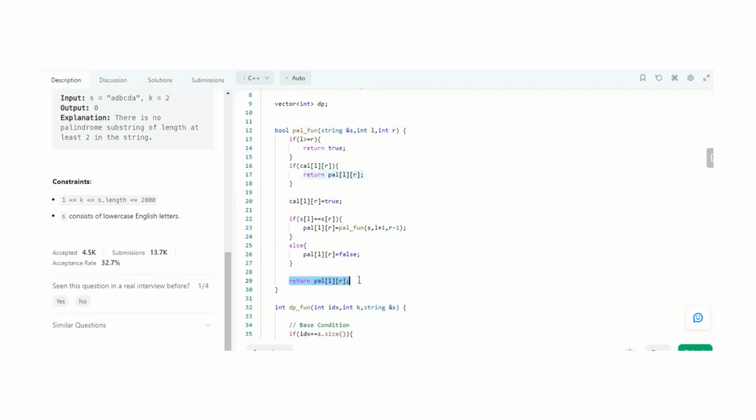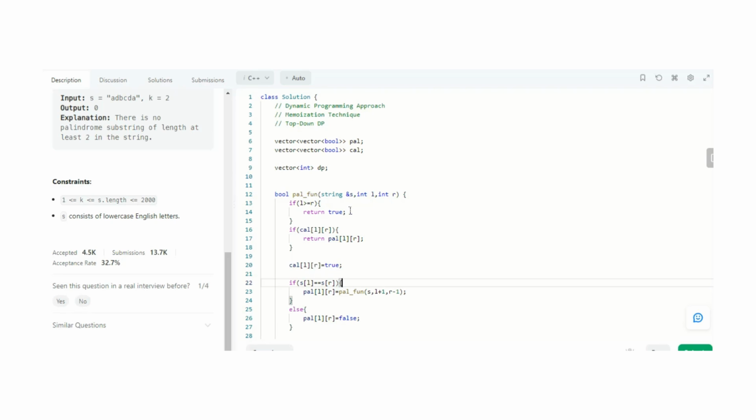And at last we return the value. This value may be true or false. If it is true, our string is a palindromic string, and if it is not, then it is not a palindrome. So this is the whole implementation part of this question. Hope you understand the approach behind this problem, how we can apply dynamic programming here, and how recursion is intuitive for this problem. Hope you got the approach of why we need to apply dynamic programming 2 times here.